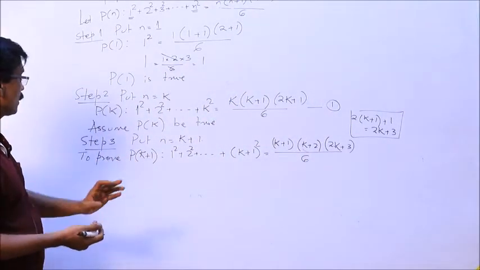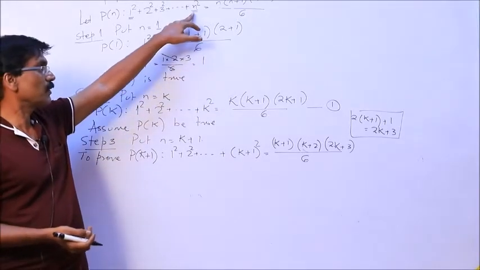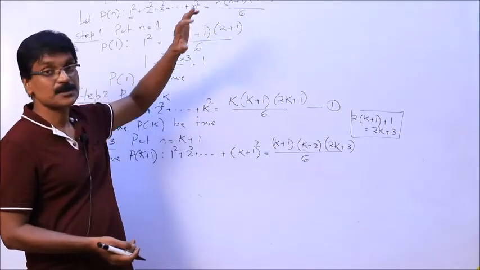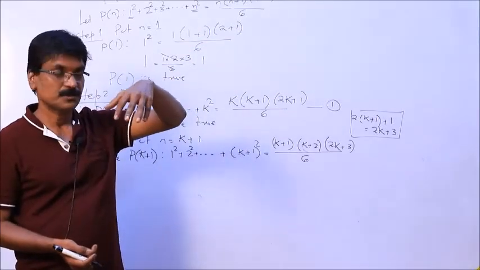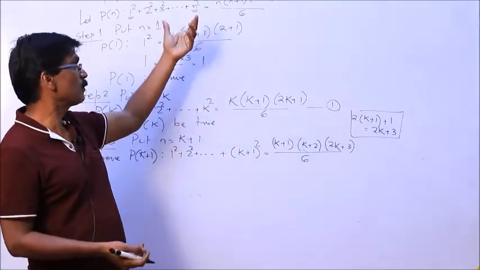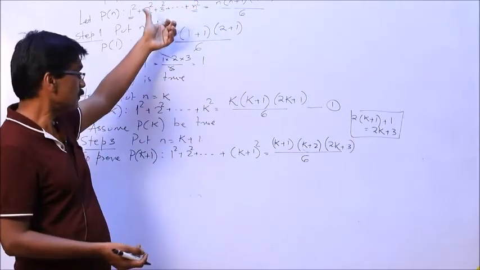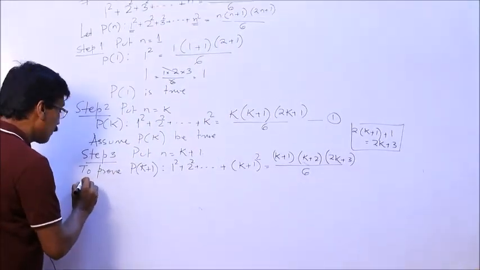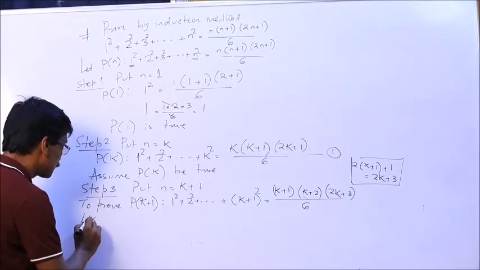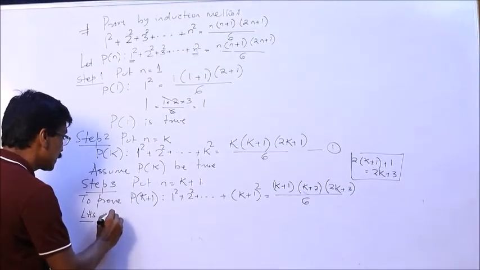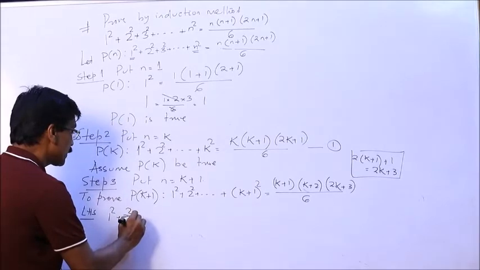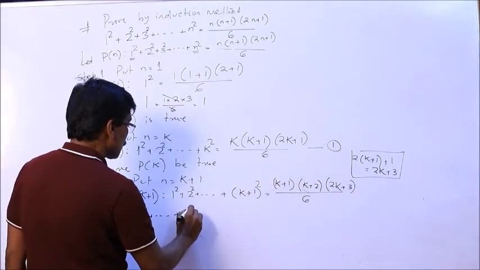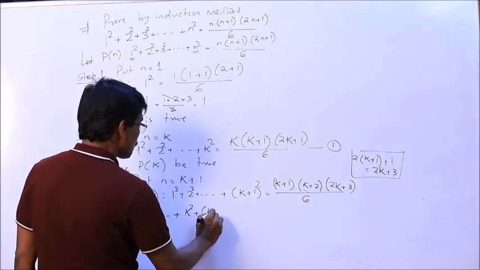So, in all the induction method, the proof must contain a variable. The question should contain a variable, then we will have induction method. So, here we move from the left hand side, that is 1 square plus 2 square plus 3 square up to k square plus (k+1) square,